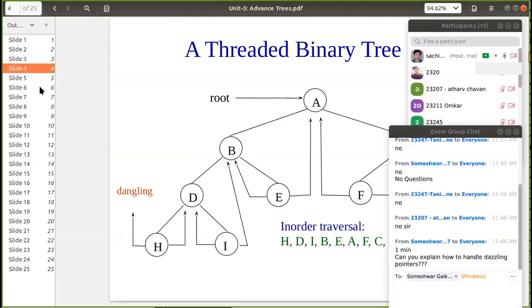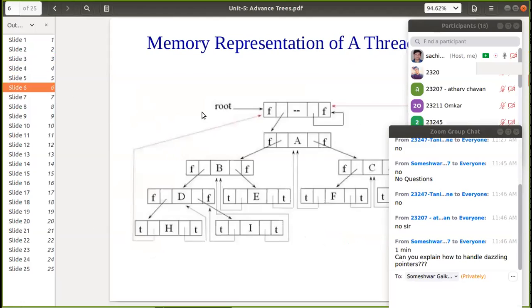And in the threaded binary tree we are having representation something like this. See here, in this case we are getting one more root node. So in this case of threaded binary tree we are having the root node as the empty node, and we are assigning this dangling pointer to the root node, and our actual tree starts from the left side of the root. So from here actually we are starting the tree. So we are having the empty root node in case of threaded binary tree, and dangling pointers are assigned to that root node. Is that clear?